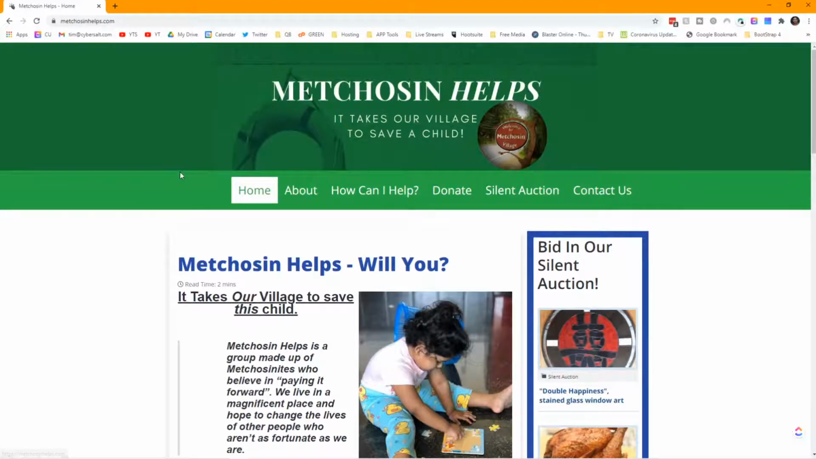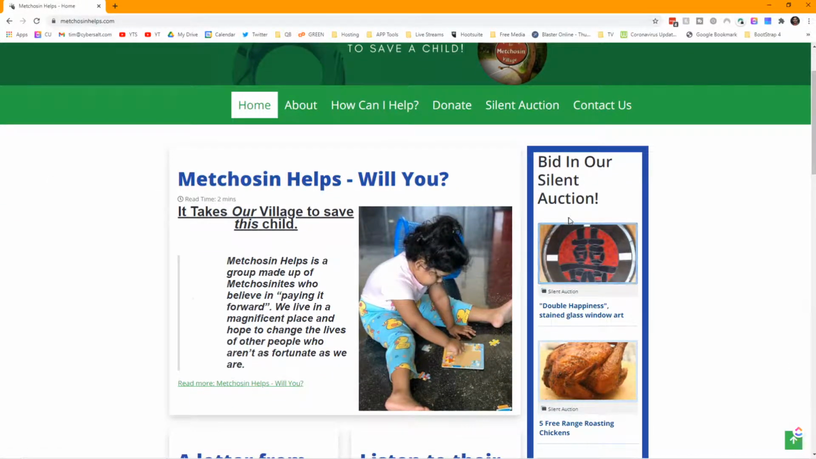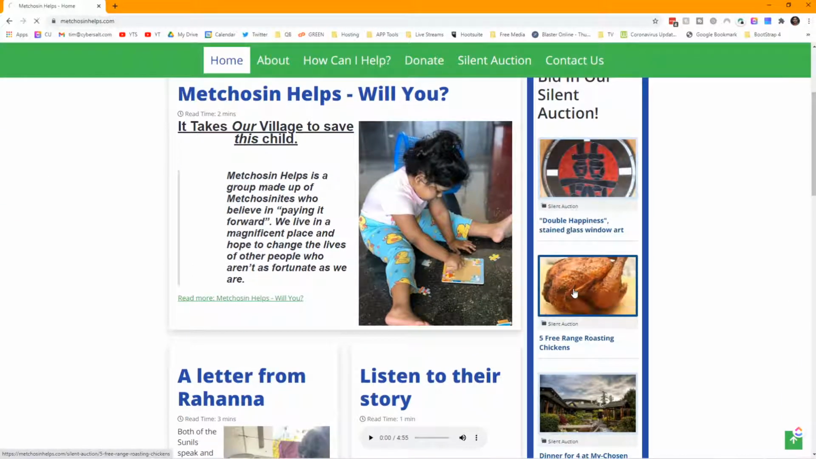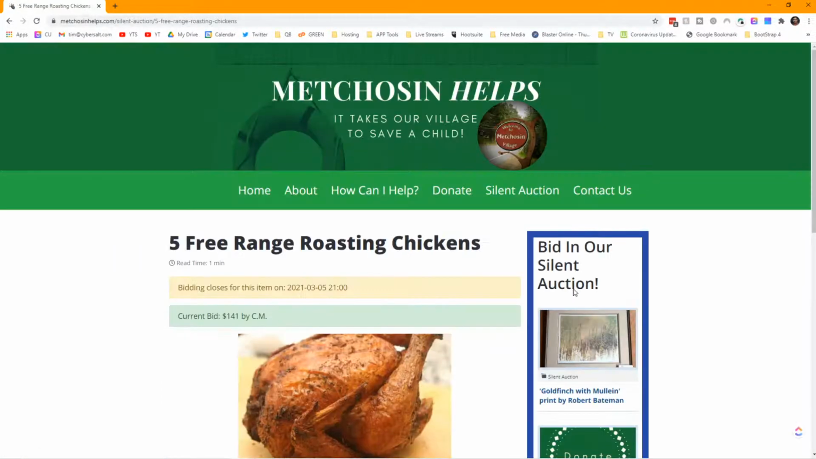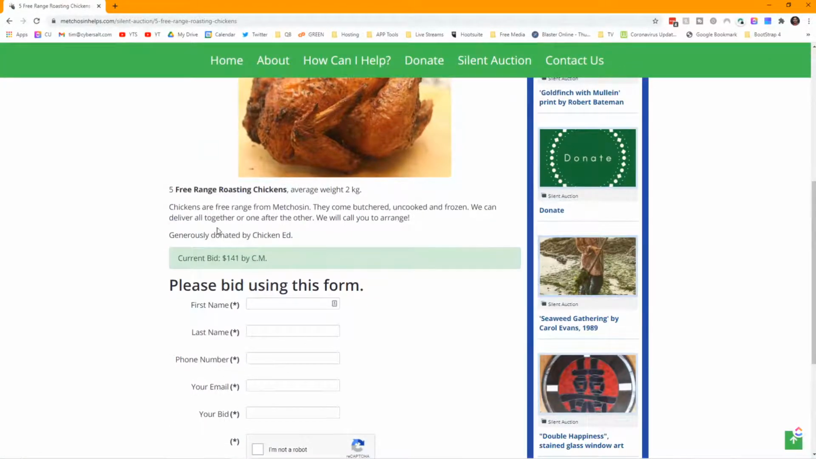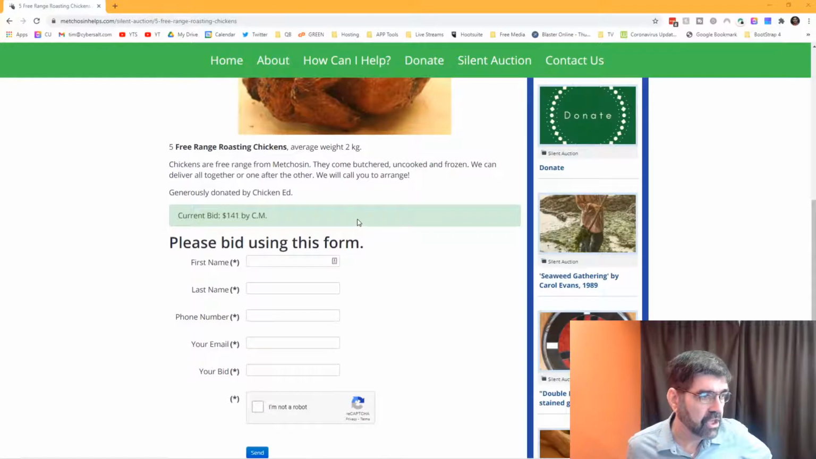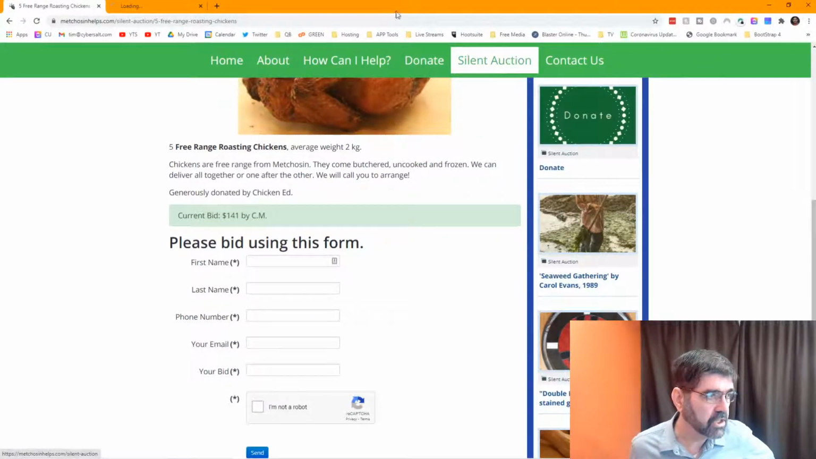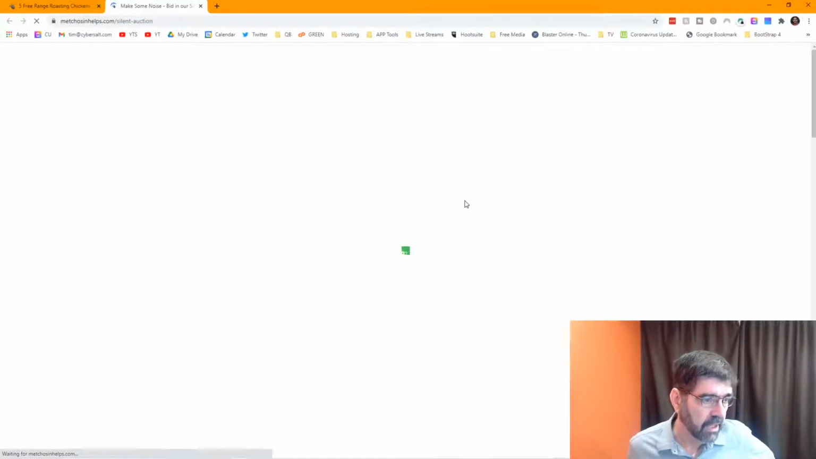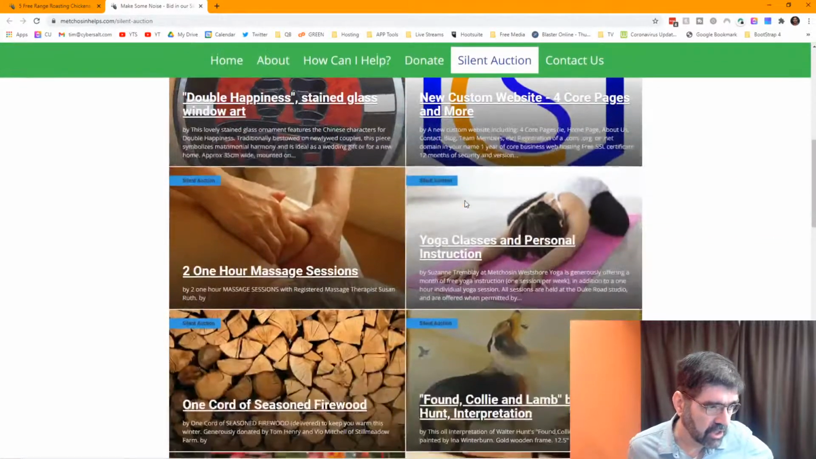But check this out. If I click on this free-range roasted chickens picture here, this is an auction item. I want you to see in the description here, it just says, chickens are free range from Metchosin. That's the village next to us. They come butchered, uncooked. Great, all right? But check this out. If I open up the silent auction page and scroll down to that chicken,